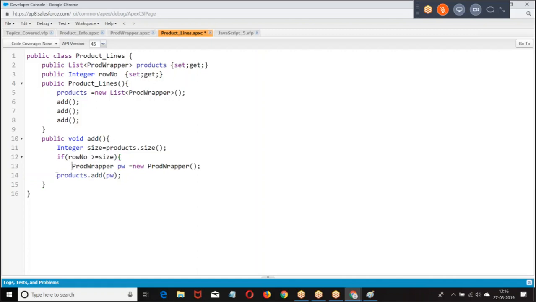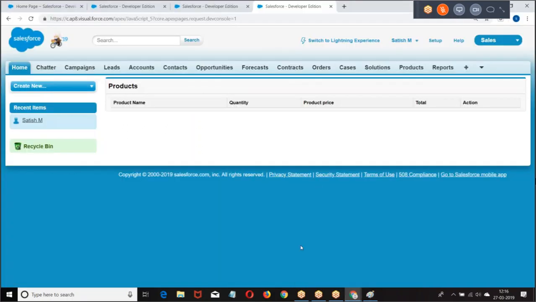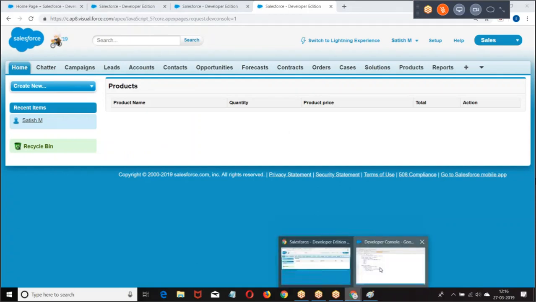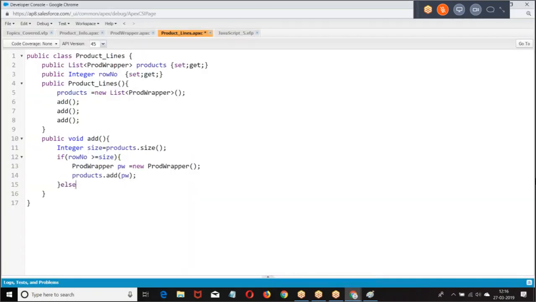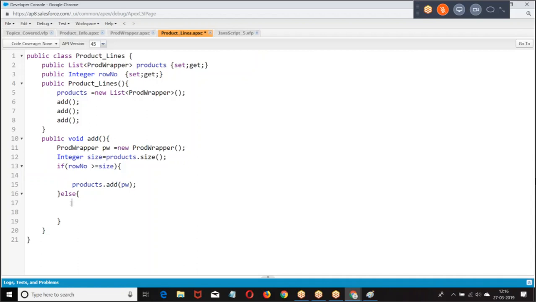Then automatically, where should I add? If you are already on the last row, where should I add? In the last position I have to add. Am I right or wrong? Look at this, boss. Now else, list.add(row number plus 1, comma p).